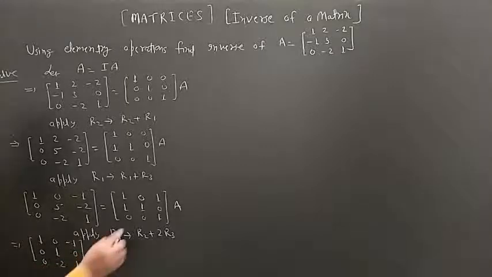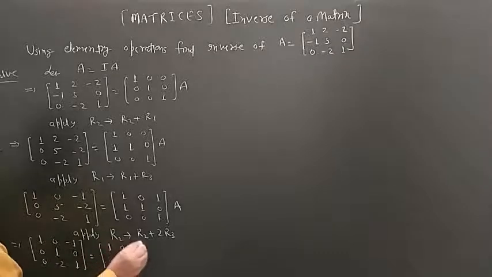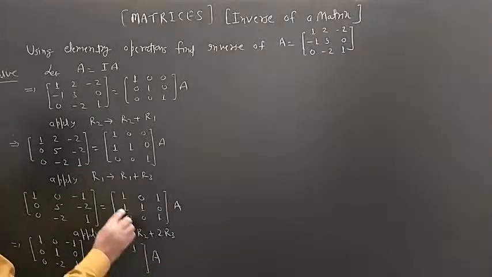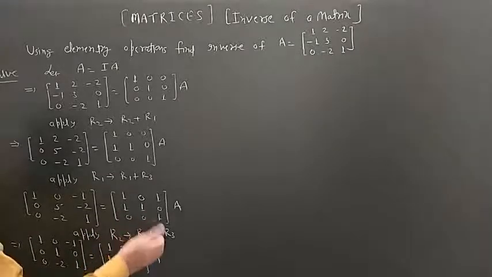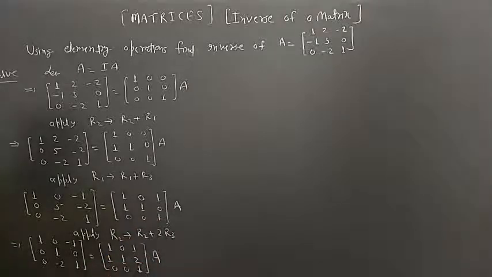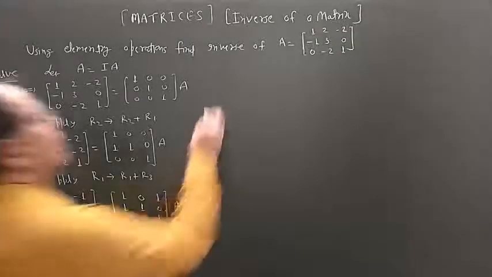Now apply there. We are changing R2, so 1 0 1, there is no change in first row. In second row 1 0 become 1 again, 1 0 again 1 there, 0 2, there become 2 0 0 1. Now we want to 0 this element, so now apply